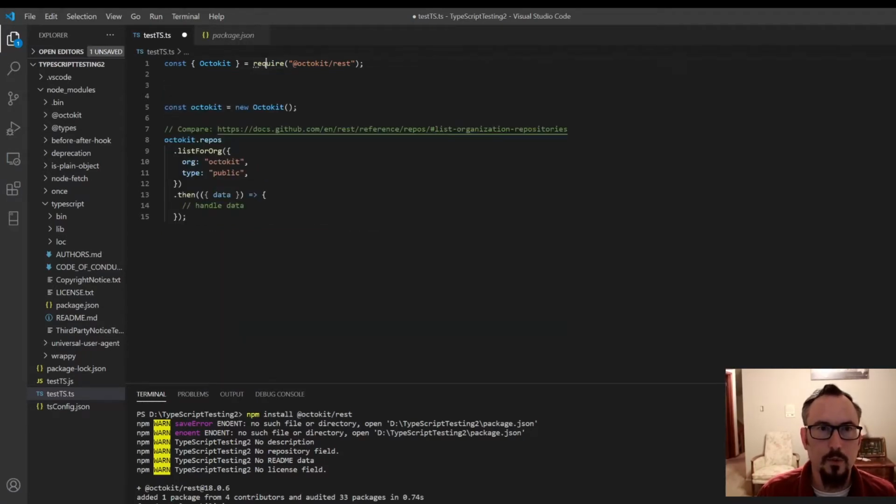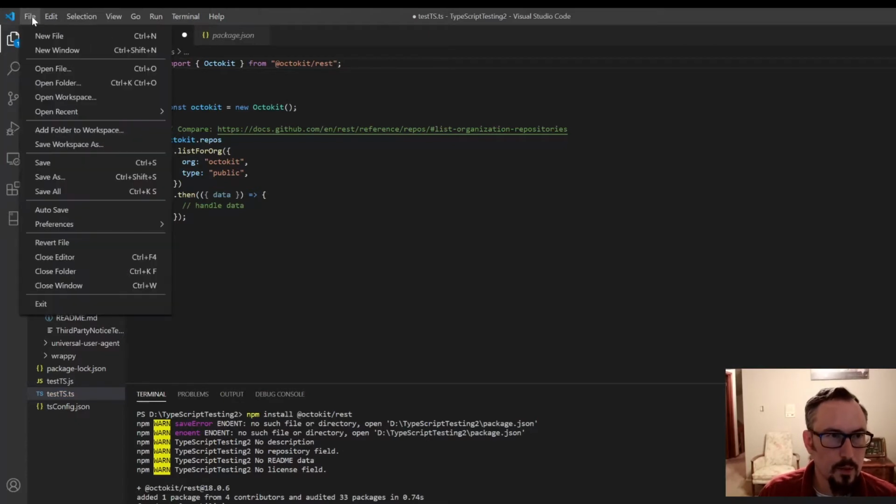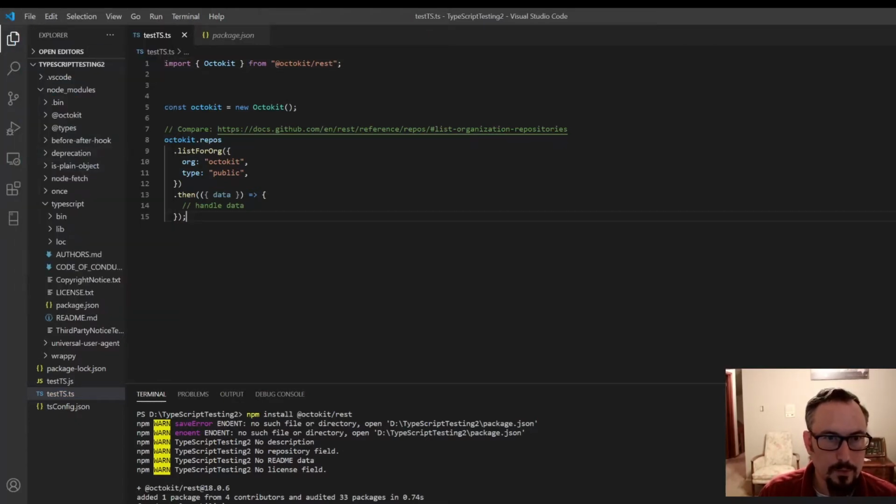If you change it from require to import, and just the octokit, and you just say from, just like that, without the brackets, and save it,